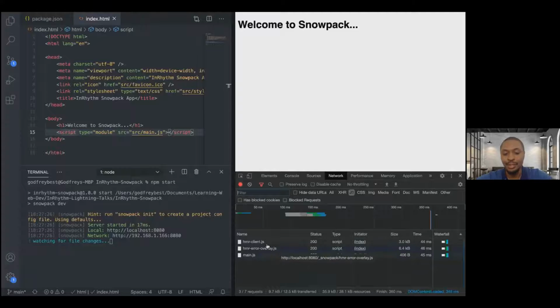We see that we have two JavaScript files initially requested here. These two files come from Snowpack, and they just help with the hot module replacement that we're going to benefit from. And then you see the third file here is our main.js. That's actually coming from this repo. Now if we go and take a look at this main.js file,